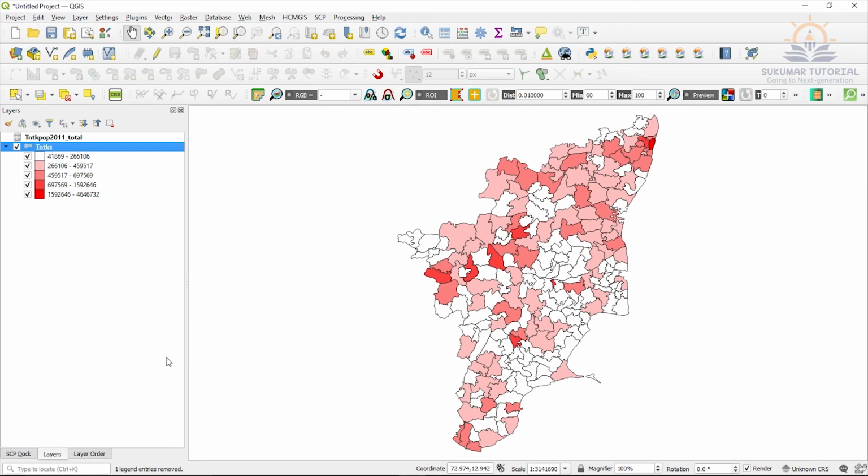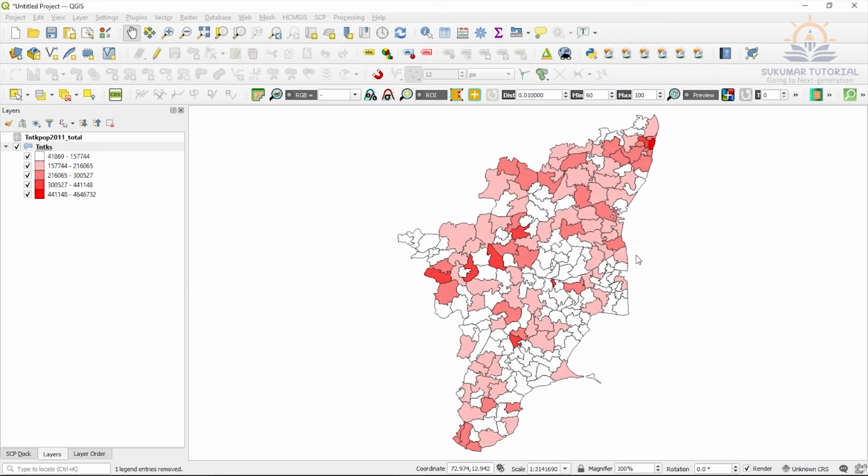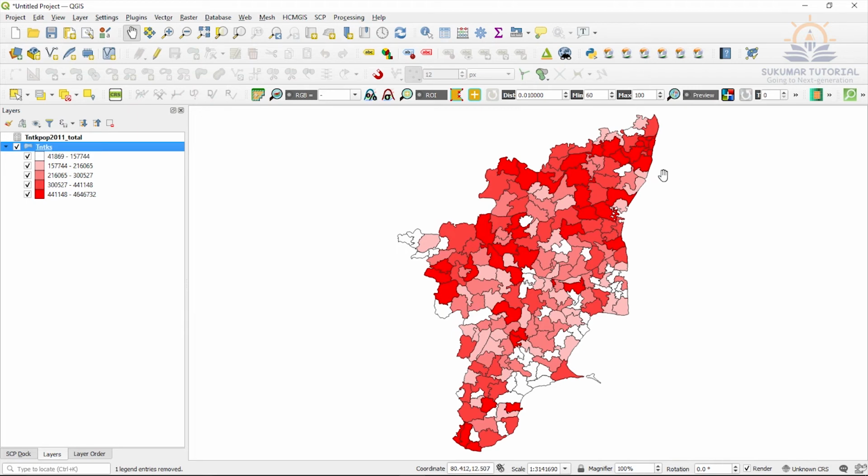You can also use different methods. Say I'm just going here. Instead of natural breaks, I use equal count. Then the 5 class intervals I am leaving as they are. Apply. OK. So here also you can see the changes.